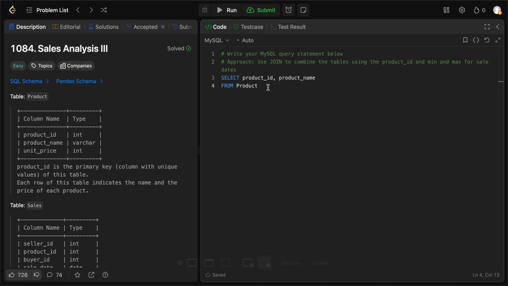The next thing is we need information from the sales table. So what we'll be doing is we'll be using the join, and we'll alias that as S. Alias basically means that you're renaming the table just in your code so that it's easier to access. So in this case, since we're aliasing product as P, this becomes P.product ID and P.product name. Join sales on. What are we joining them on? So it's P.product ID equals S.product ID,